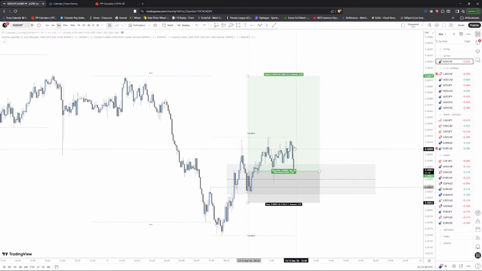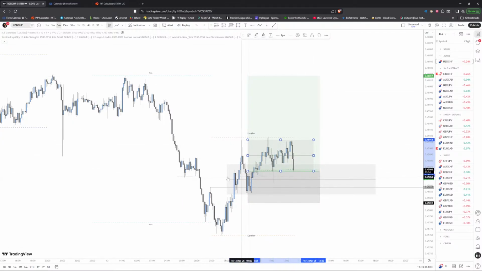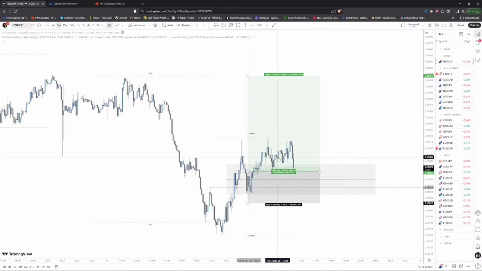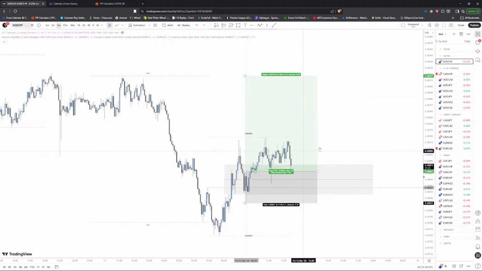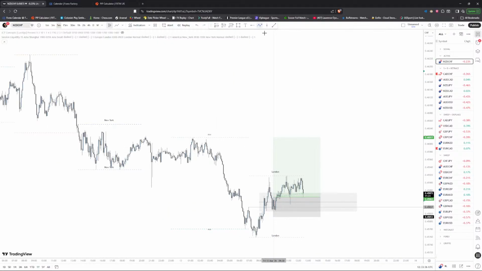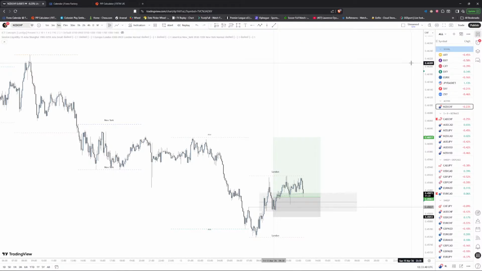And ever since, we've kind of consolidated around this range from entry to here. We haven't really closed below this area, and we also haven't closed above. So I will be setting an alert right about here. I am holding this because it's at entry right now, but there is still potential for this to rise to the upside. Now, we did just get negative CAD news.